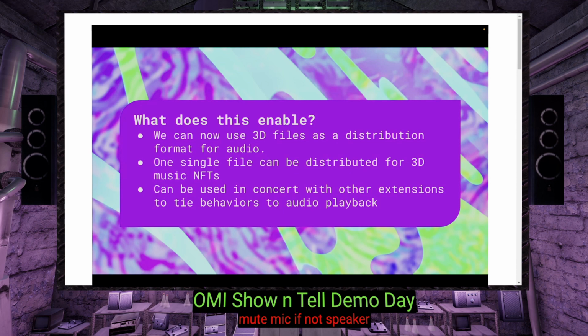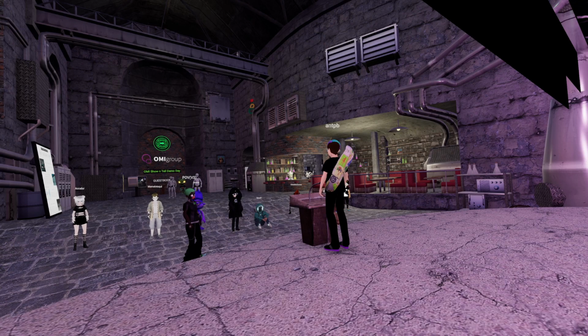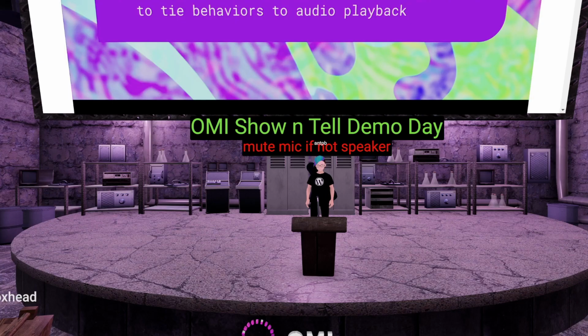The other benefit of doing this embedded audio is you can use a single file to distribute multiple things. Like you've got a 3D object that has audio inside of it. If you were to do that today with NFTs, you would probably have to make an HTML page that has references to two different files. One is the 3D file and the other is the audio file. And that's not really bundled.